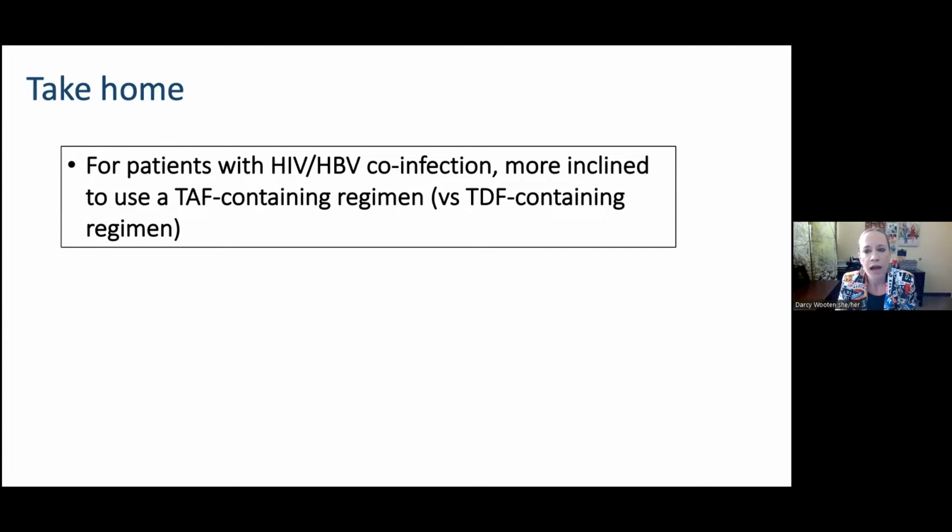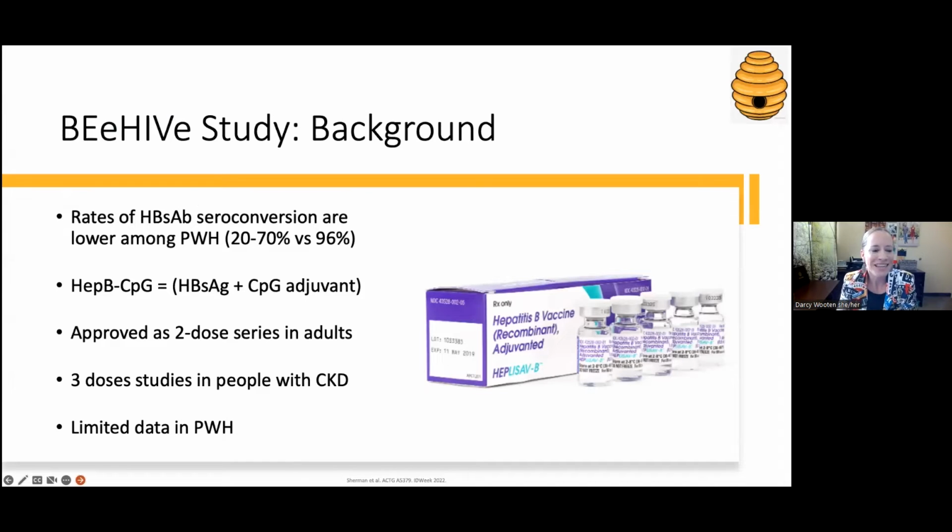But I think if you do have patients with HIV hepatitis B co-infection, we really might want to think about using TAF containing regimens. And then I think it will be interesting to see larger or more impactful clinical outcomes as they follow these patients over time. It's of course nice to see these laboratory findings, but also want to take a look at the clinical outcomes as well. So the next study I wanted to highlight